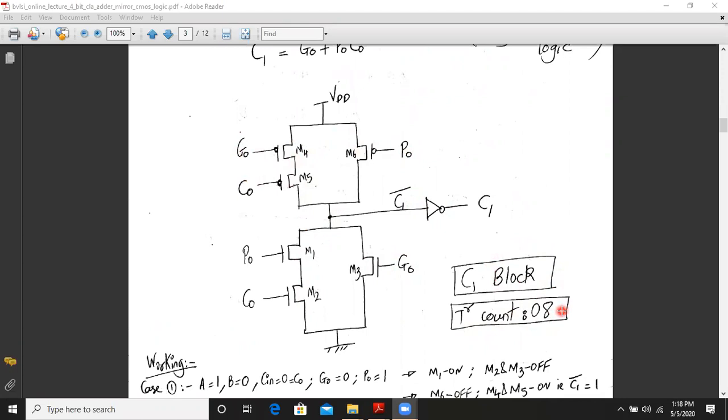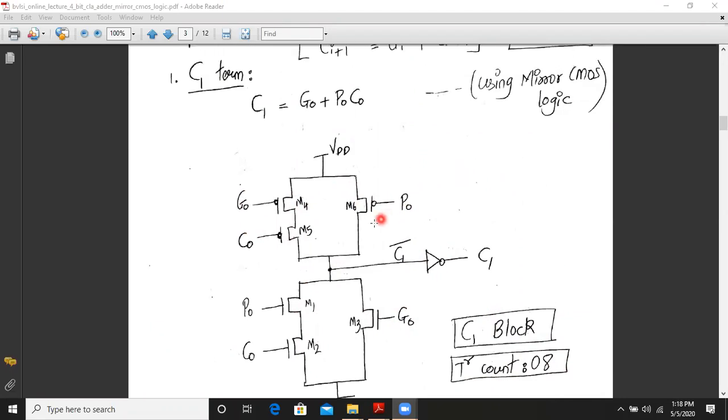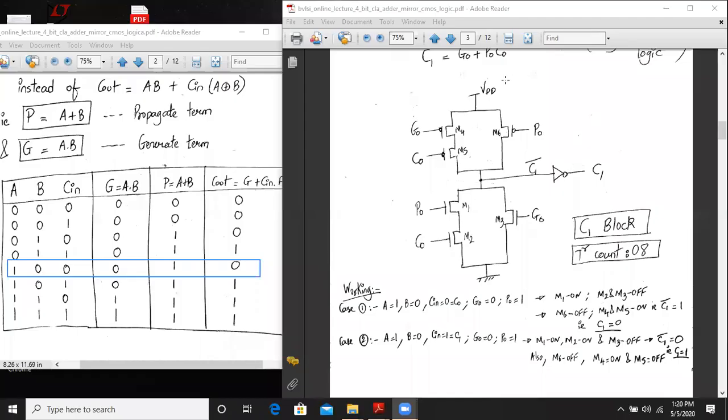Now just to be a little more comfortable with whether interchanging G0 and P0 will give us the proper functionality of the circuit, let us check any two conditions and cross check with the truth table. So let us check the working of the circuit.